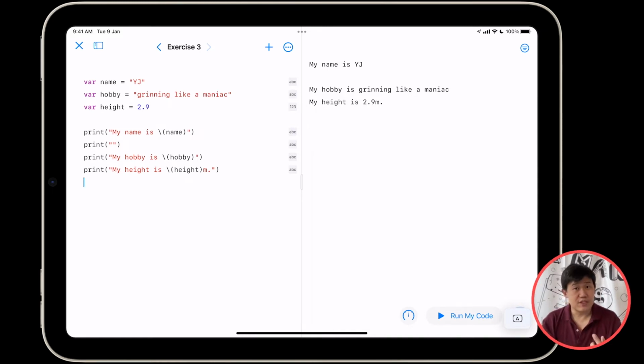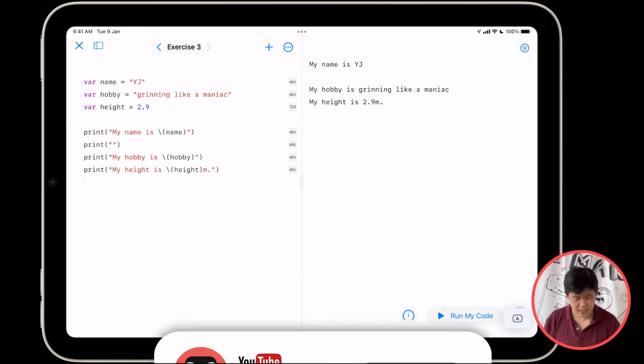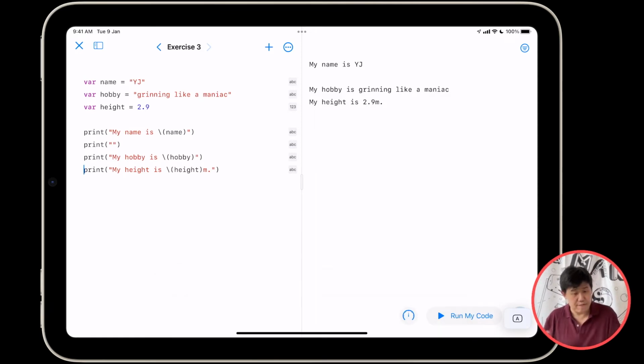Next, we're going to talk about functions. Functions are, well, functions. You've seen functions. There are functions right here on my screen. Amazing. I have 4 functions right here. Well, I have 4 of the same function. Print. Print right here is a function. It's a chunk of code that does a specific task.